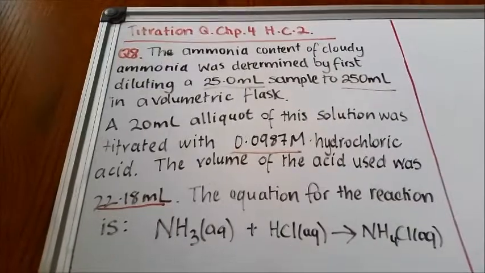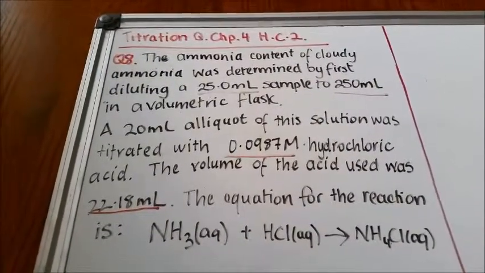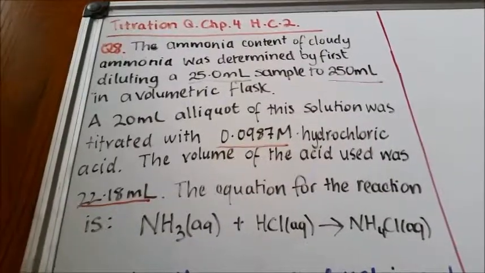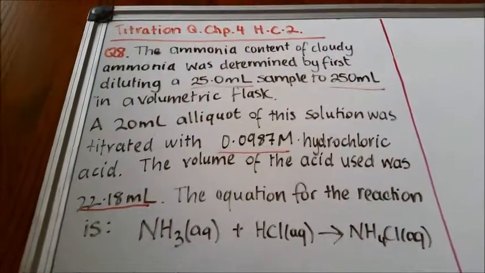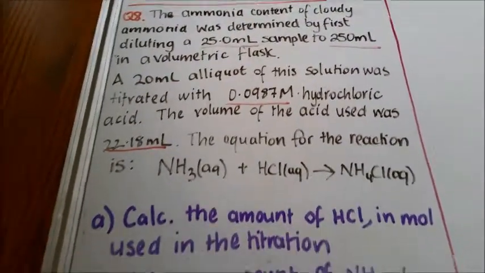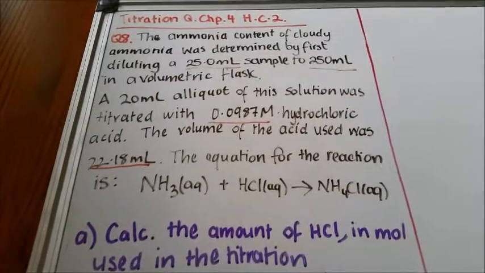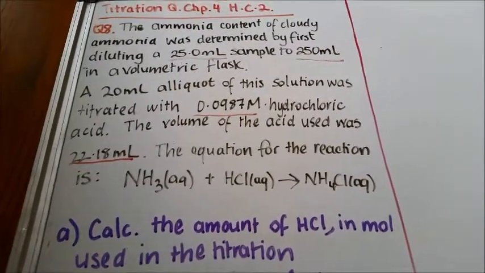Now, when we aren't given an equation, the first step that we must take is to actually write out a balanced equation, because often we need to look at the molar ratio in order to work out our concentrations later on. So the first question here is to calculate the amount of HCl in mole used in the